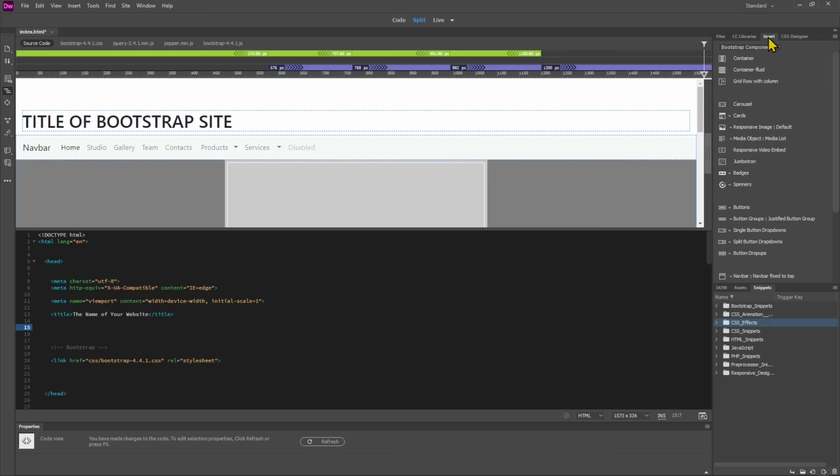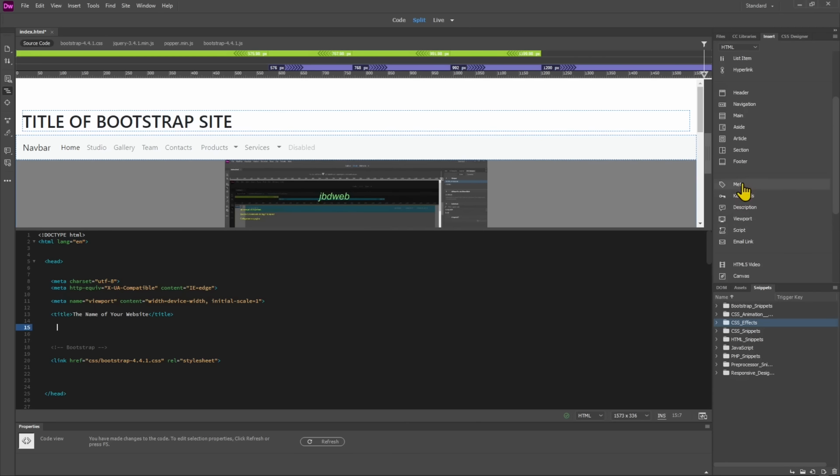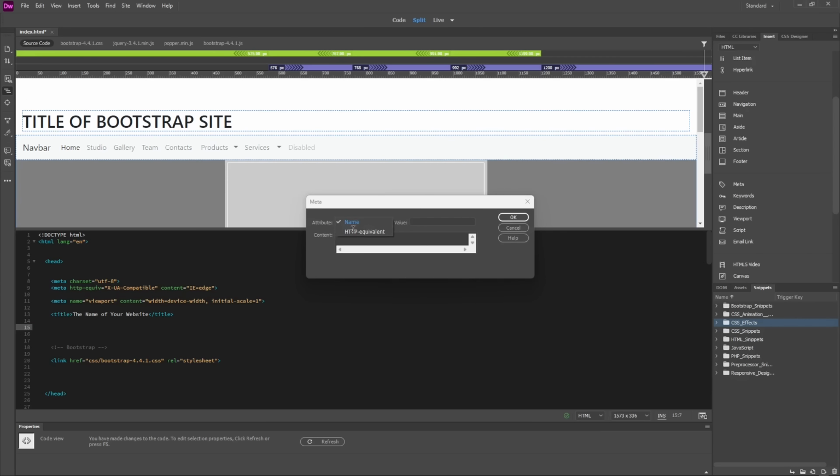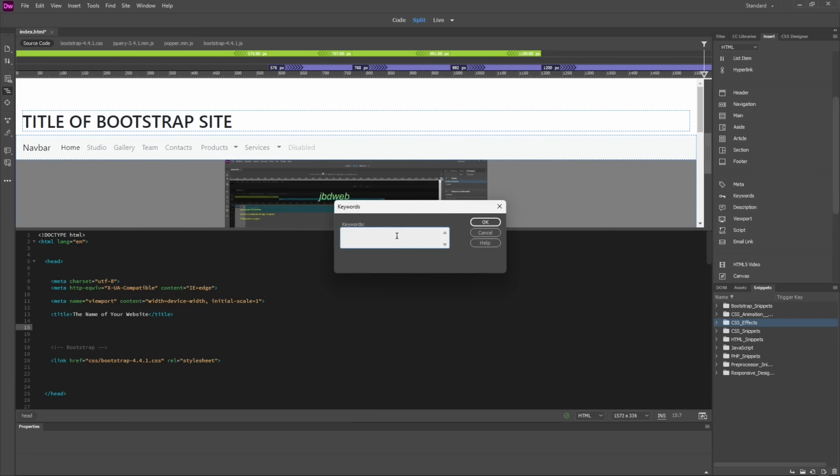If we go here to Insert and HTML and scroll down a little bit, you find Meta. This is a generic meta, so you can choose which value you want to put and the content of this meta. Otherwise, you can go directly here. So if I want to add keywords for my website, and again, this